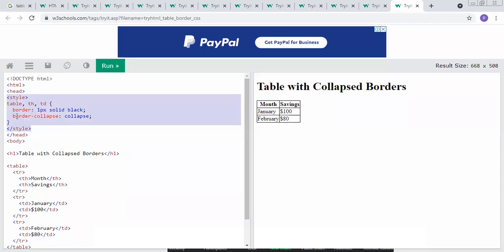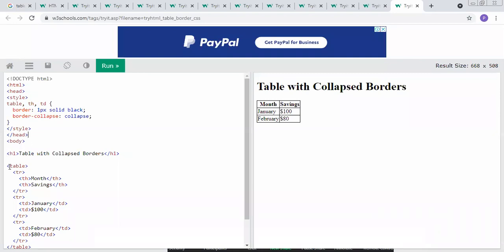Here we set the border to 1 pixel solid black color. Then border-collapse: collapse means we consider only a single line in between the table cells. Style close. Whenever we use the table, th, and td tags, it is considered as a collapsed border.